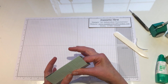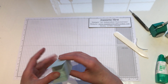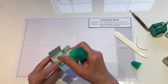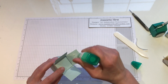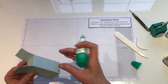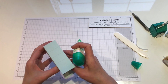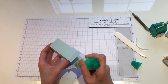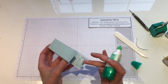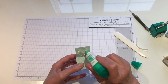Right, so my seam is there, so that's going to be the back of my box. So I'm just going to put the sides together so that can tuck in there, that side. I can tuck in there. I'm going to put a bit of glue on. Right, quite a bit on my flaps. And then I just double check. Where's my seam gone? It's there, so I want that to be the back. So this is going to have a bit of glue on. That's going to be the next bit to go down. A bit much on there. And then